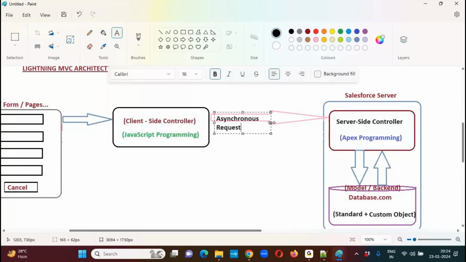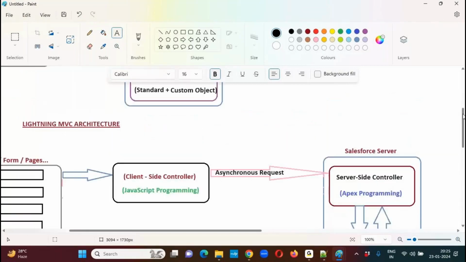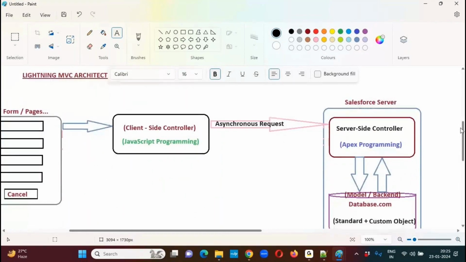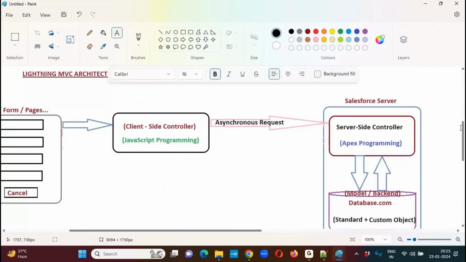It's an asynchronous request. That means it will be executed inside that server by placing it inside the queue. A normal request will be executed immediately. The asynchronous request will be executed by placing it inside the queue. Now, as soon as you click on this button control on the Lightning component, then it